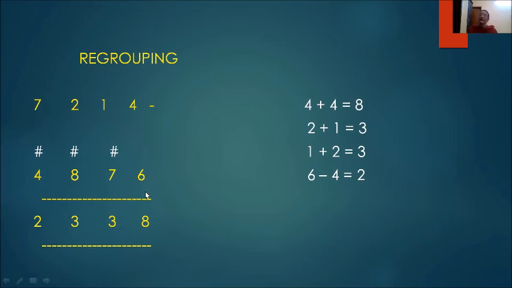Jokes apart, this is only using the algorithm of complements. Definitely we all know, as a whole, this is a bigger number and this is a smaller number, so it can be subtracted. But considering the digits in various places, this cannot be subtracted. So how do we manage such a situation? Again, the complement comes. What is the complement of 6? 4. 4 is added to 4, the answer is 8 here.